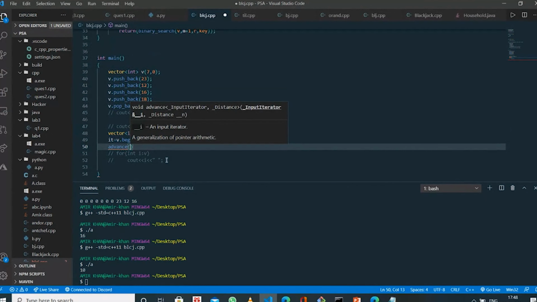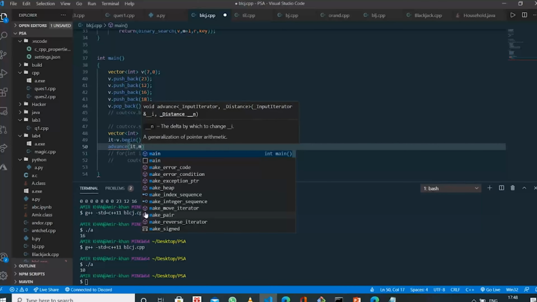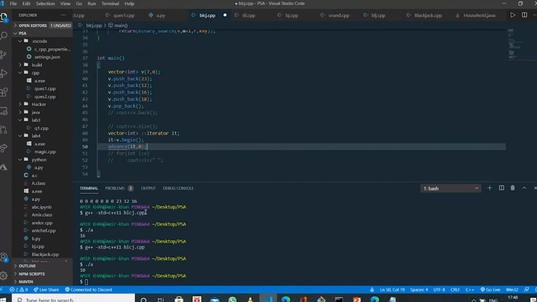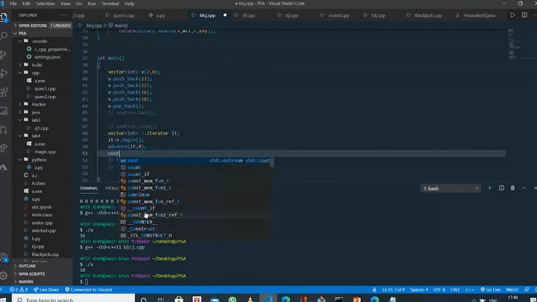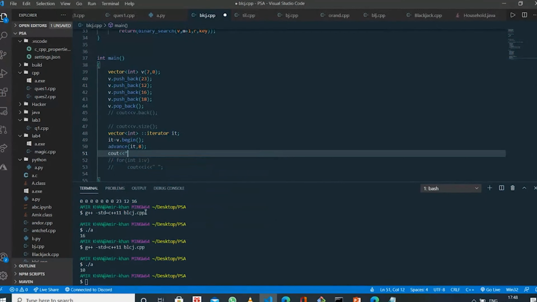So how much will I advance this iterator? 1, 2, 3, 4, 5, 6, 7, 8. It's giving 12.